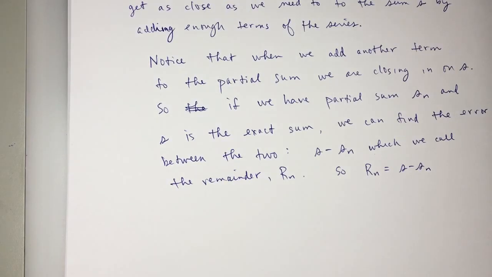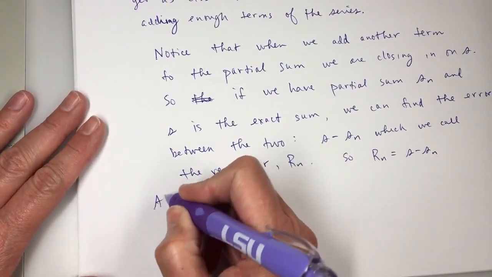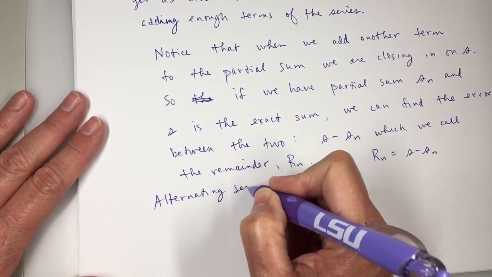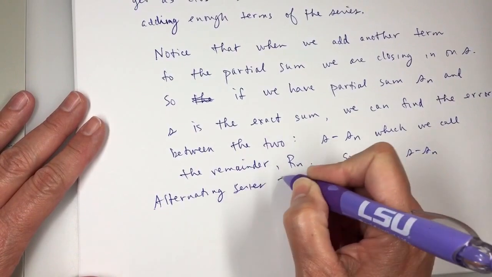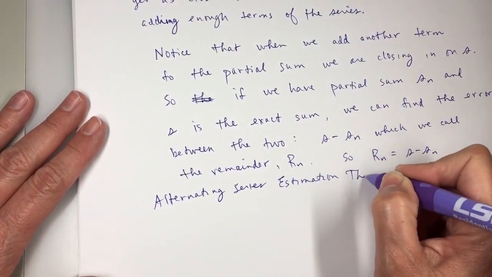So the estimation theorem tells us that this remainder is going to be smaller than the next term. So the alternating series estimation theorem